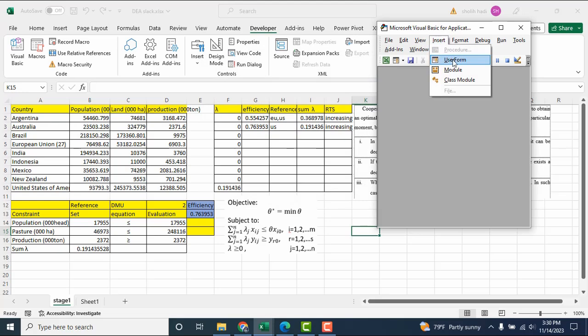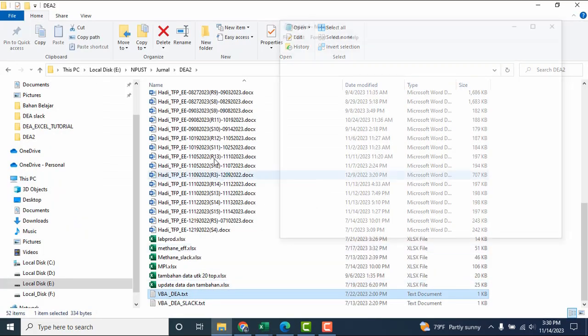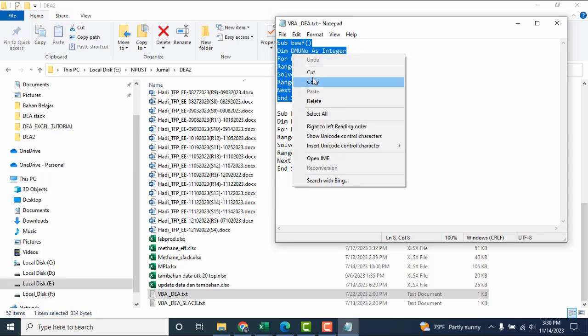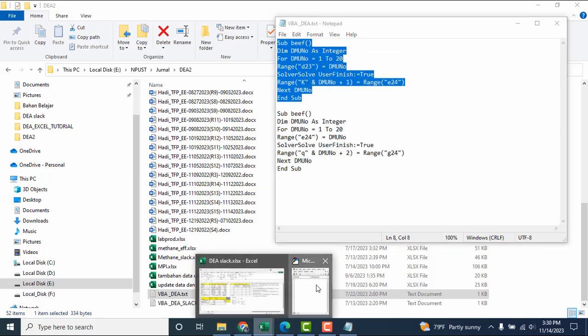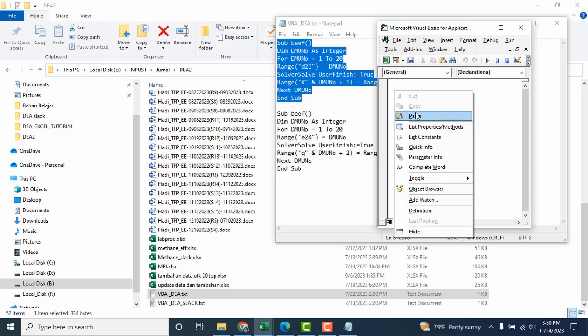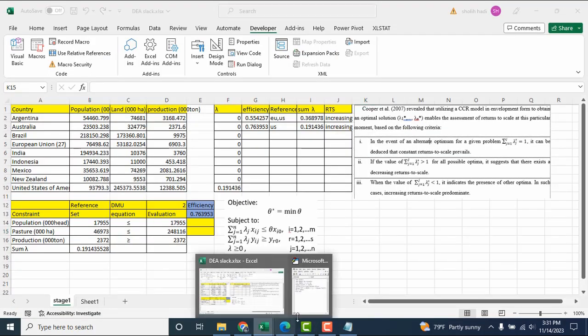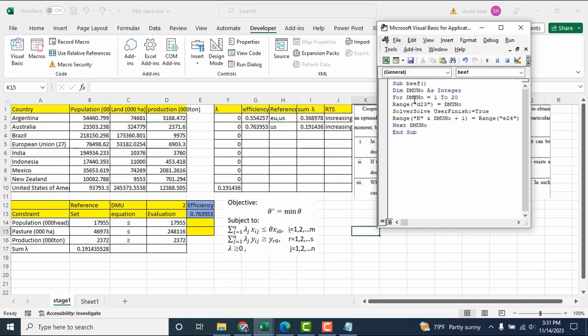We insert the module, this one. This is the Visual Basic to help us analyze many DMU.